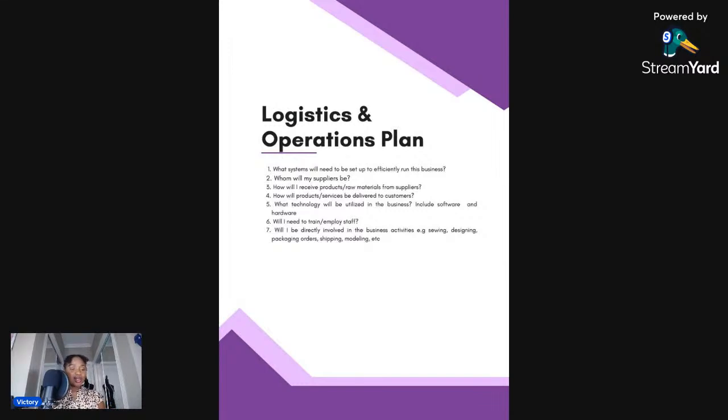So your sewing machine is technology, right? If you have a serger, what cleans up the inside of your clothes, that is technology as well. If you have software that you use to design your patterns, if you have a printer that you use to print out your patterns, those are technology, and you need to be clear and have an idea of what those would be for your business going forward. And if there's something that you need to purchase, this is a great place to start making those plans for your budget as well, in order to be able to acquire the technology that you will need.